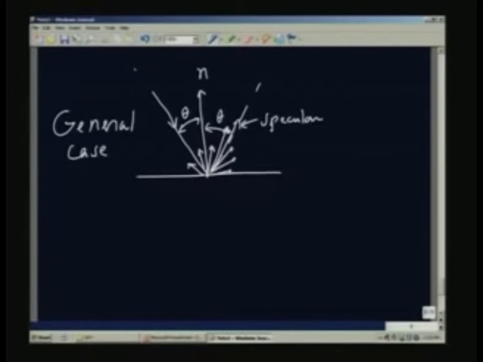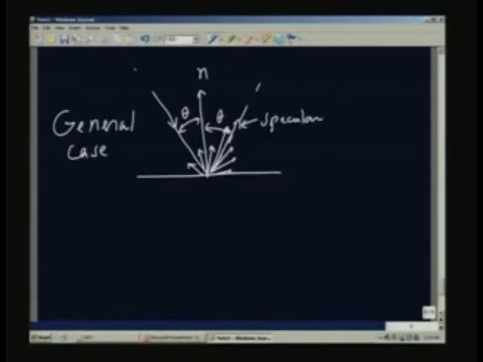So, the incoming radiation when it is reflected will show two types of behavior. One, a component along the specular direction, which is more than what normally would be found along the other direction, and the presence of reflection along the other direction. Therefore, in this case, for a single incoming direction, reflected radiation goes along all the directions, but with different strengths or different reflectivities. Therefore, this is the most general and most difficult to characterize or measure.